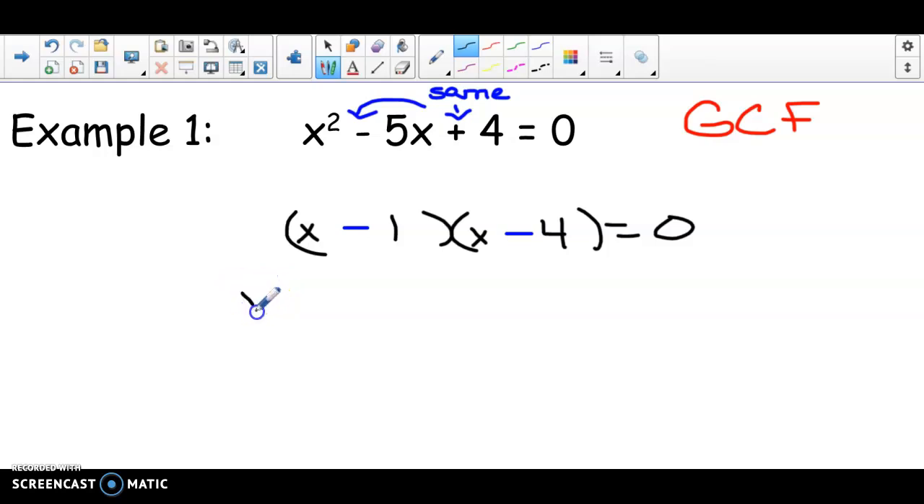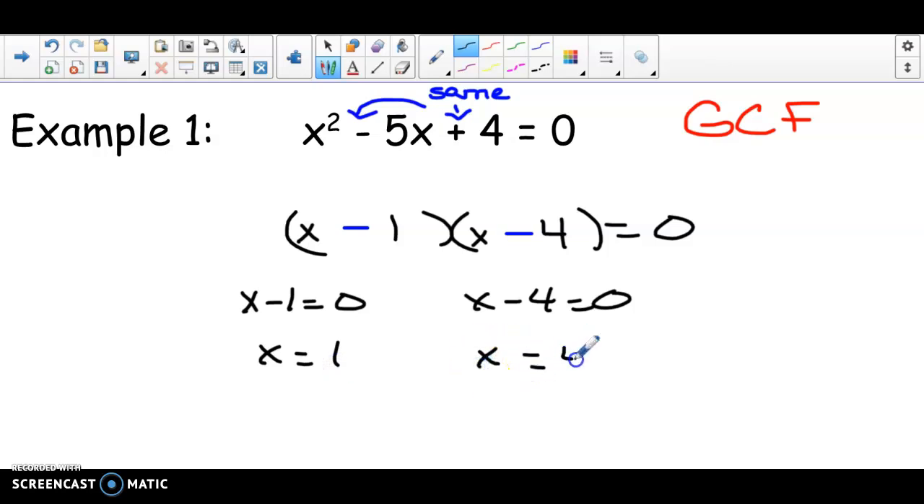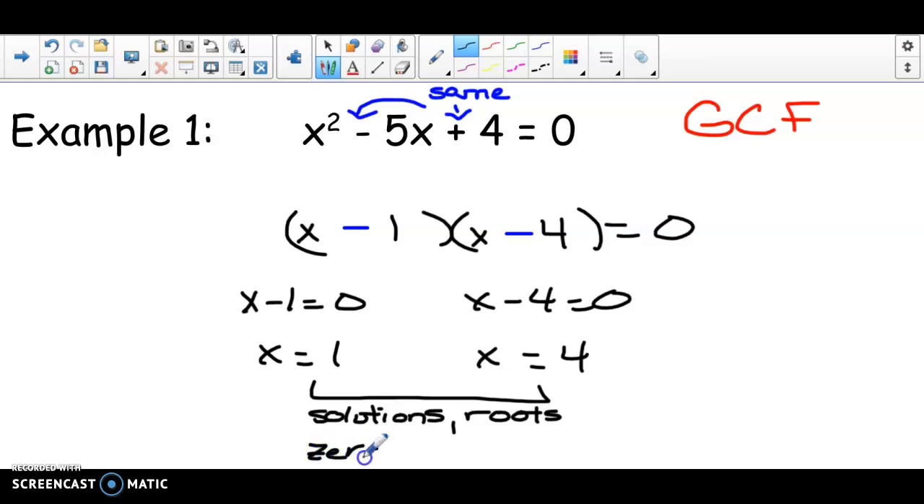Now we're going to take each one of our factors, x minus 1 equals 0, and x minus 4 equals 0. We add 1, we get x is equal to 1. We add 4, we get x is equal to 4. These are our solutions, our roots, our zeros, and our x-intercepts. So when we graph this, there's a couple of things that we can get from where we have it in our factored form. If we go back up,